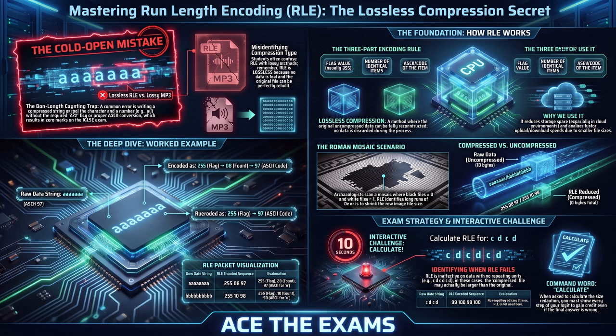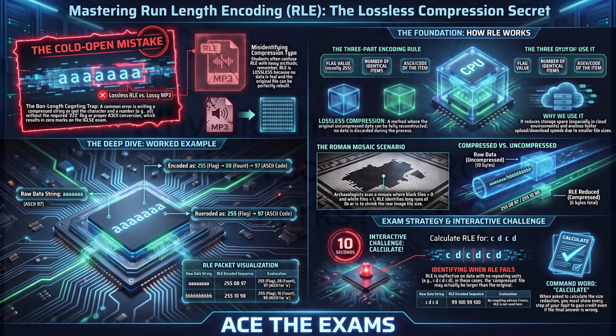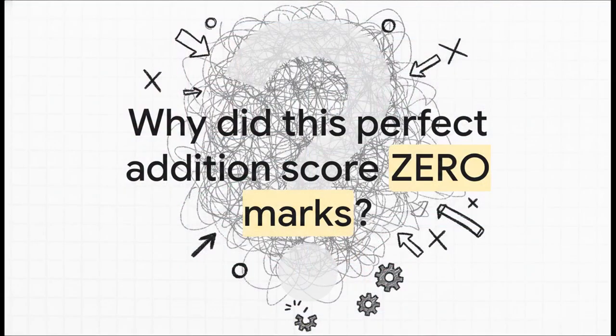Okay, look at this. An exam answer claims 150 plus 110 equals 4. You're looking at a standard 8-bit addition problem right here. On paper, the math actually looks completely fine, but the examiner gave this exact answer a big fat 0. So, why? Well, let me show you this massive, invisible trap hiding in this calculation so you don't make the